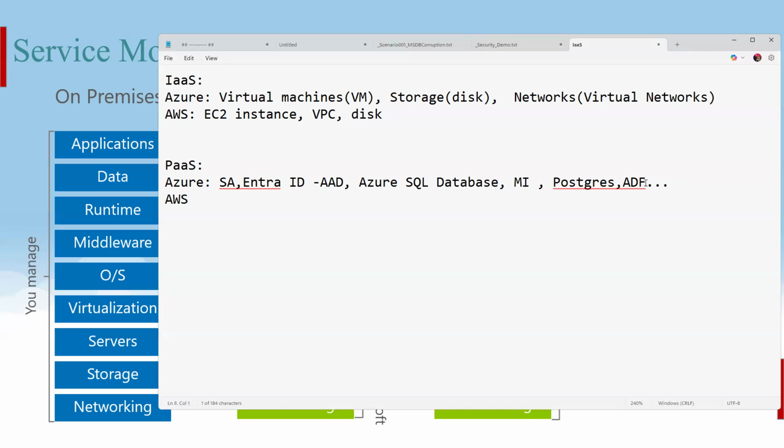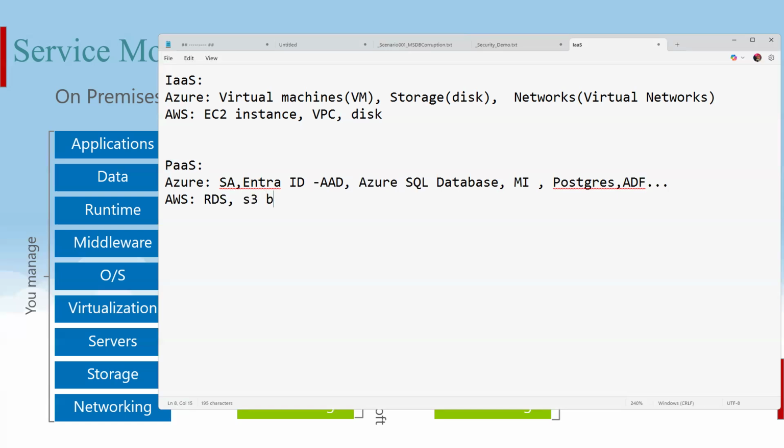You don't have any control on the operating system here. You can just deploy the services, use the services, and pay for whatever you are using. You don't have control on the operating system because only the IaaS platform gives control on the operating system. Like when you go for AWS RDS, especially as database administrators, RDS is one of the best platform as a service offerings.